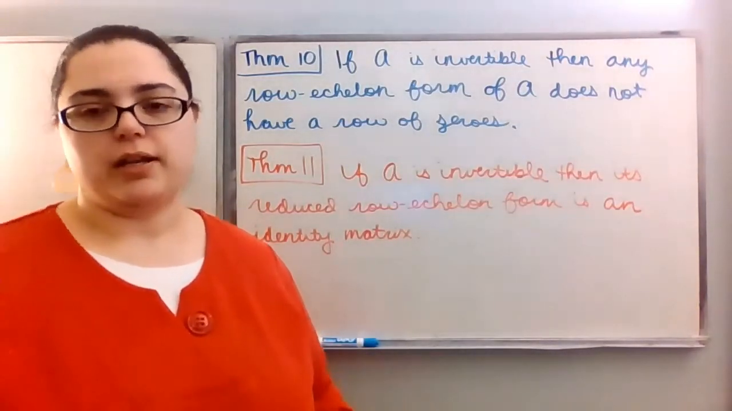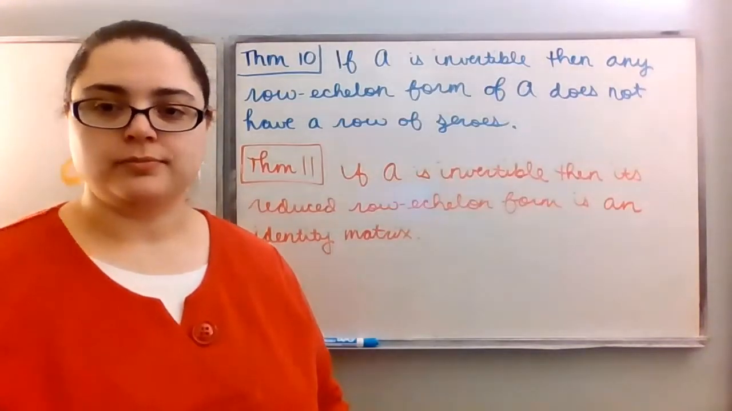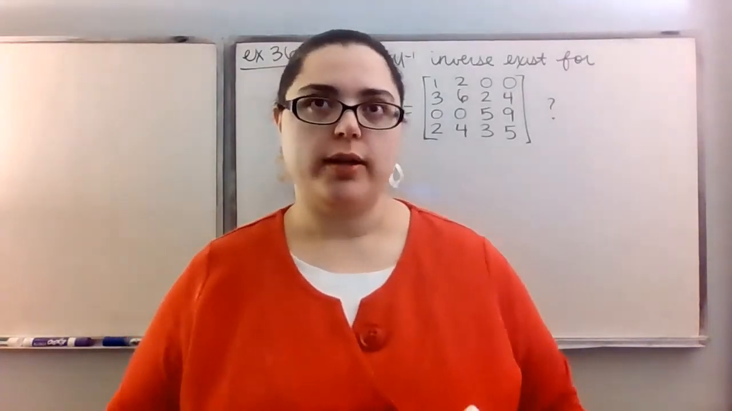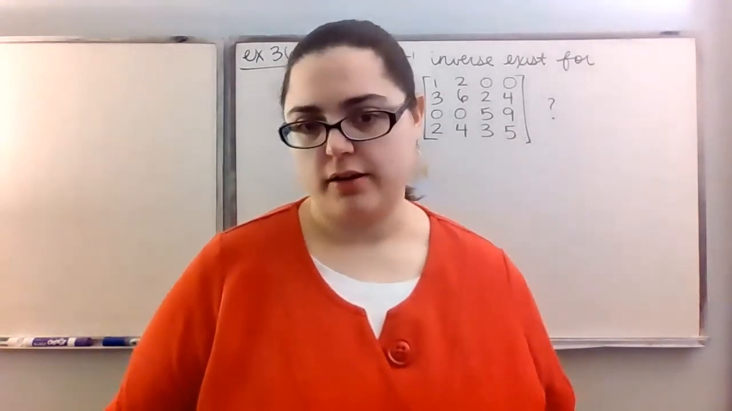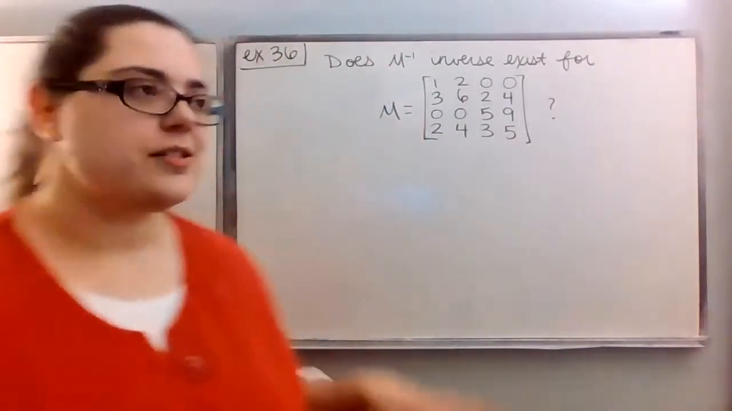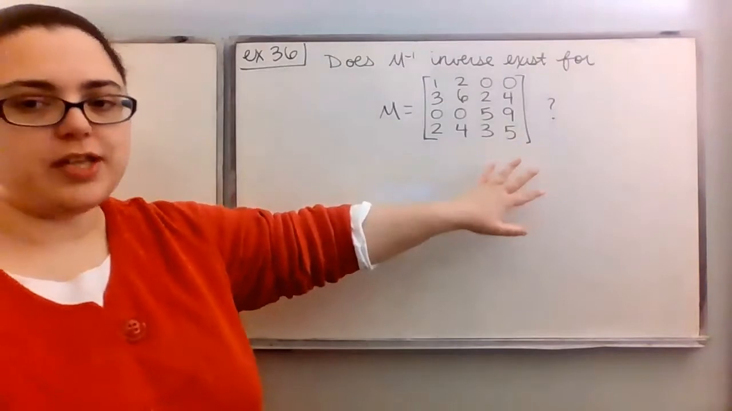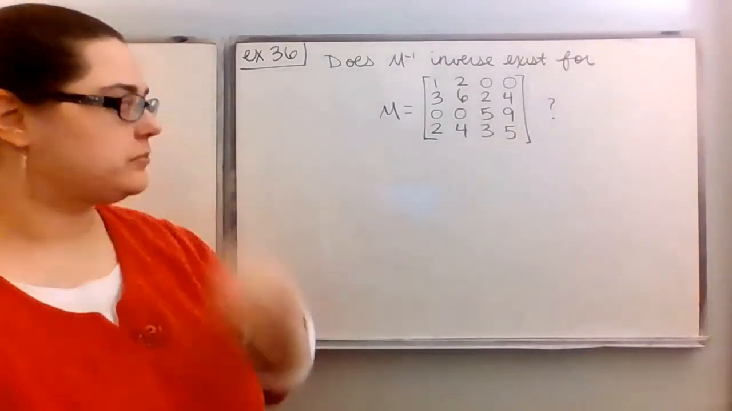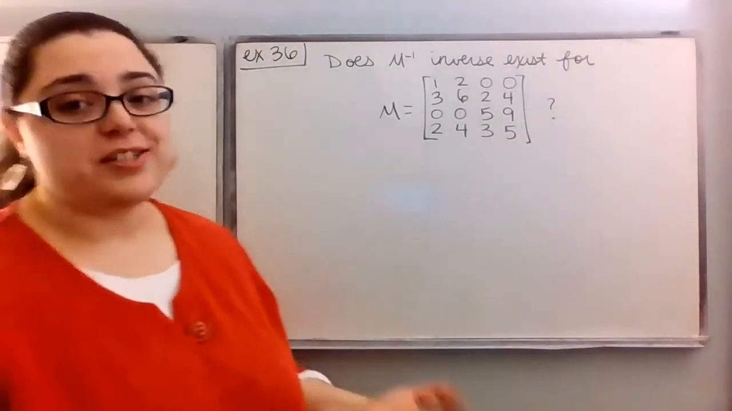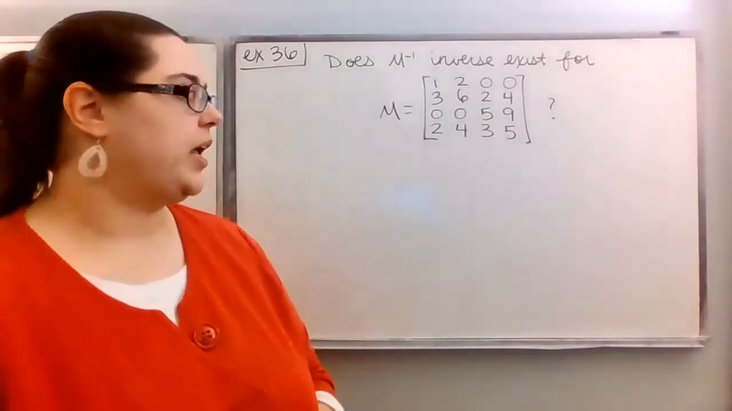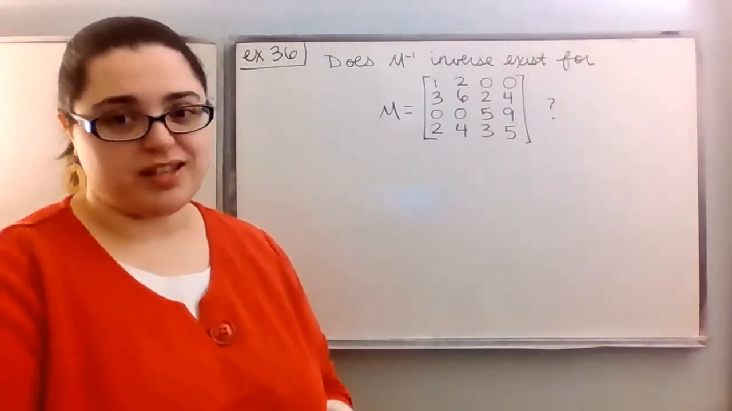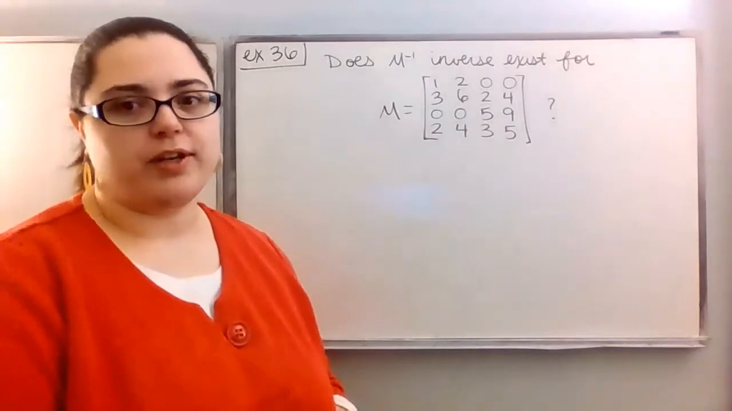Let's apply them in a couple of examples. For this first example, we're going to basically use theorem 10 or 11 to see, does this matrix have an inverse? So is M an invertible matrix? To do that, I'm going to start out by using some row reduction and seeing if it looks like it's going to go towards the identity or